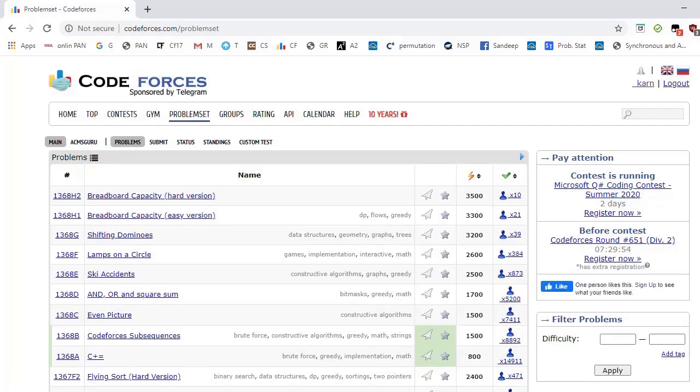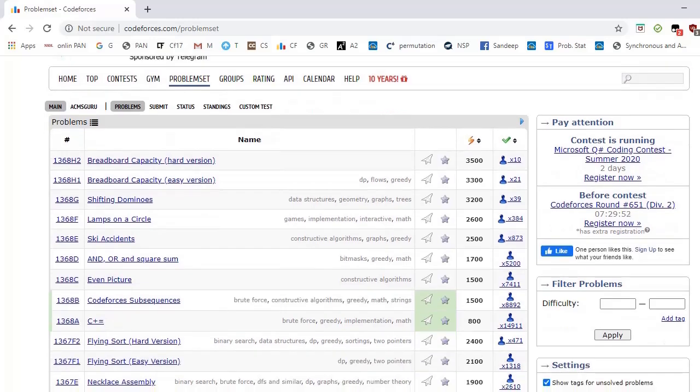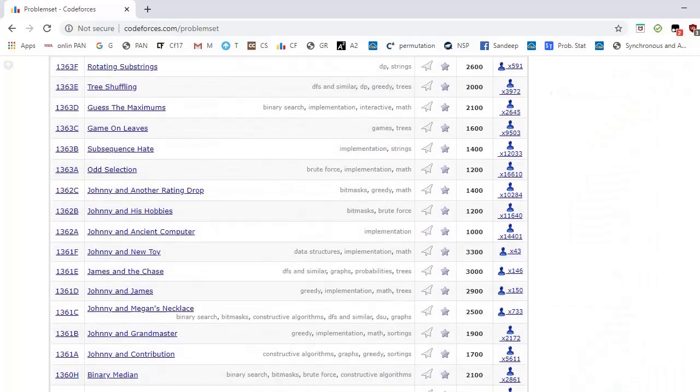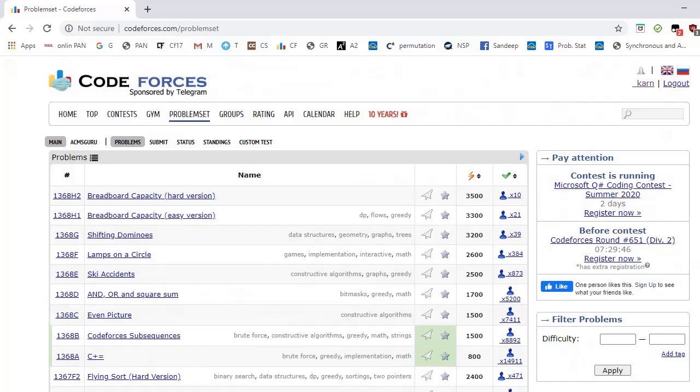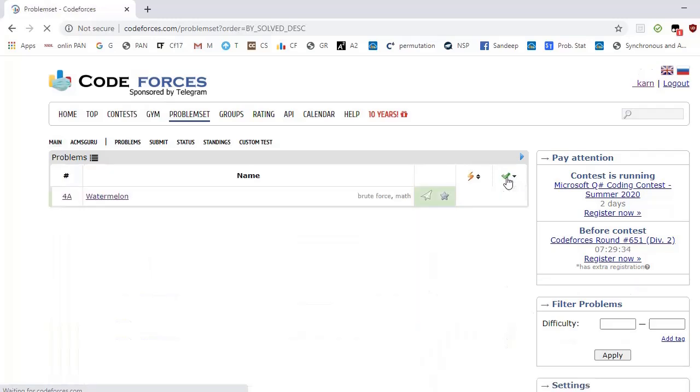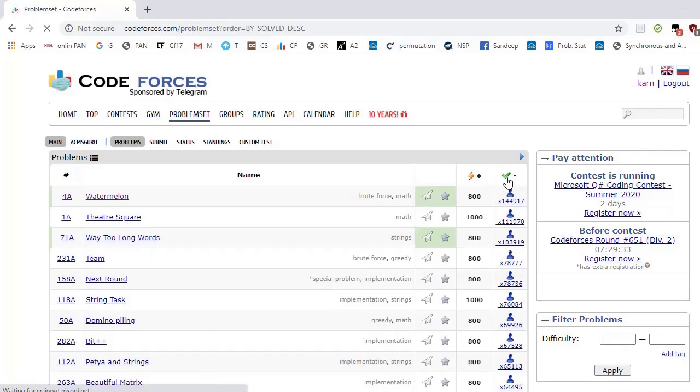As you can see, there are a number of problems listed here. The first thing you need to do is sort the problems on the basis of most successful submissions. When you click on this green tick, the problems will be sorted according to the number of successful submissions.